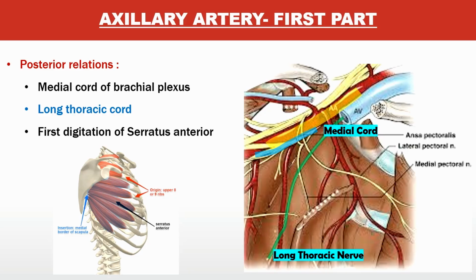So what is the first digitation? Where is the first digitation of serratus anterior attached? Here. Okay? So we have the first digitation. Digitation means tooth-like structures. So serratus anterior is what? Serrated means tooth structure. Muscle fibers are actually like serrations or digitations. So the first finger or the first digit goes and attaches close to the first rib. So this becomes your first digitation. Then we have second, third, fourth. Likewise, we have the digitations of the serratus anterior attached on the thoracic wall.